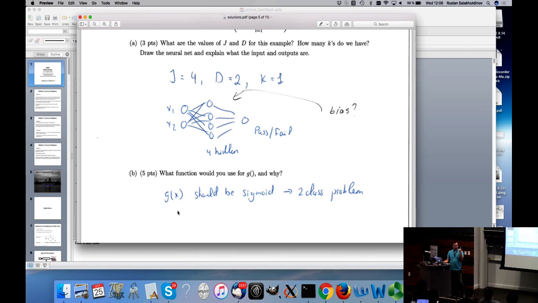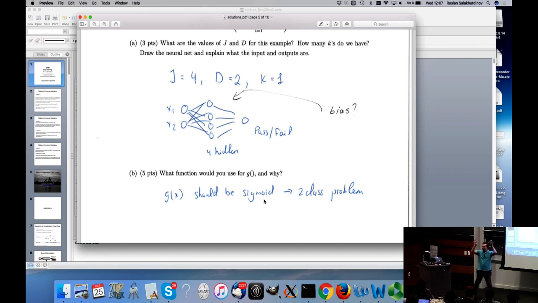And if you have one output, then you should be using sigmoid, right? To predict the probability. So some people said, well, I have two outputs, one for pass, one for fail. But then on this question, a lot of people were asking, well, both of them are sigmoids, right? So now what does that mean? You're predicting probability for pass, and you're predicting probability for fail, but they don't have to sum up to 1, right? So that's where the confusion was coming from.